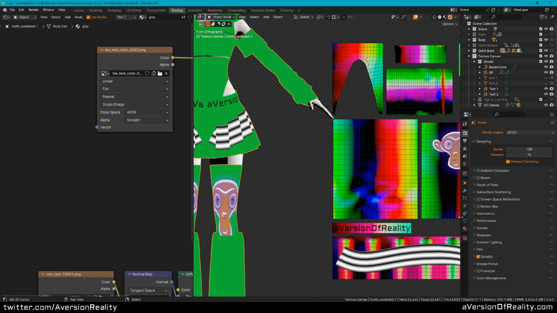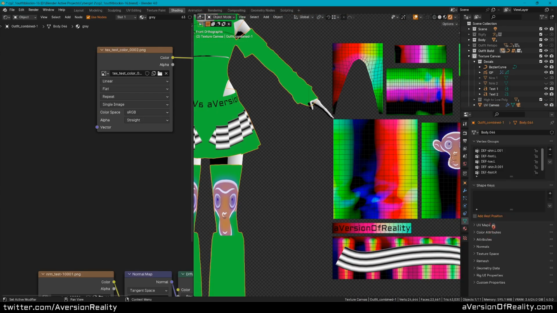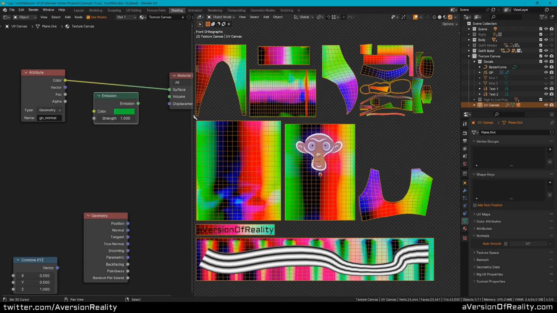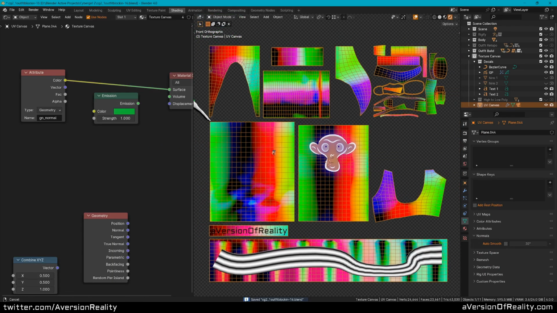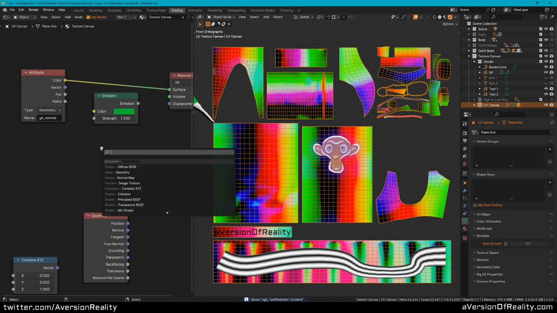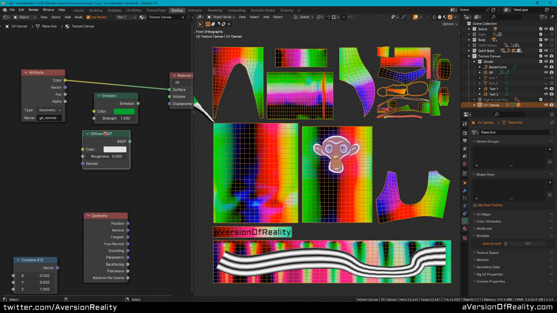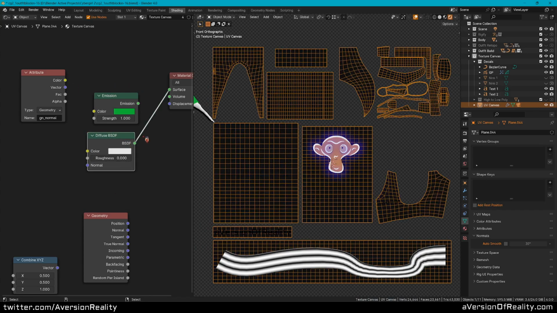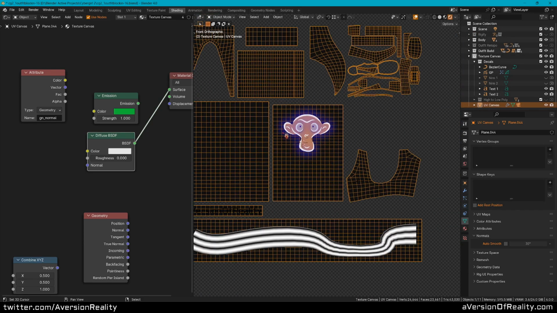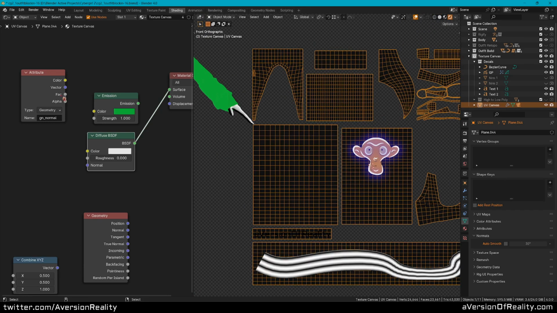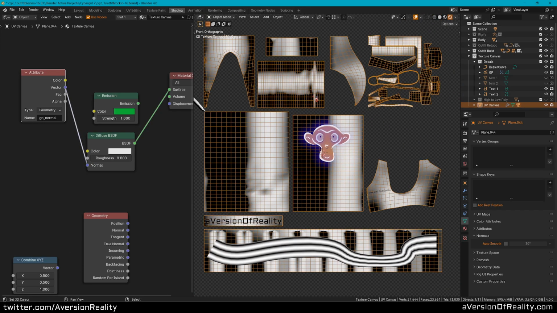But of course, if you had something like Auto Smooth turned on, then you would need to remake this in geometry nodes, which is a default coming in 4.1, so don't worry too much about that. And because we have normals, we can do some stuff like bake shading if we wanted to. So here's a Diffuse, and currently we're not getting anything because our normal is just a flat plane. But if we plug these in, now we have light.